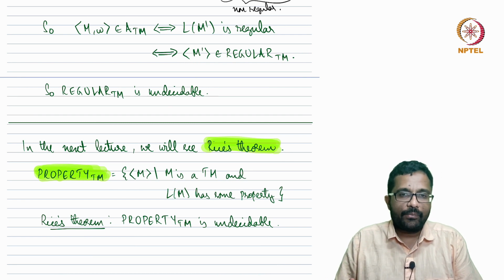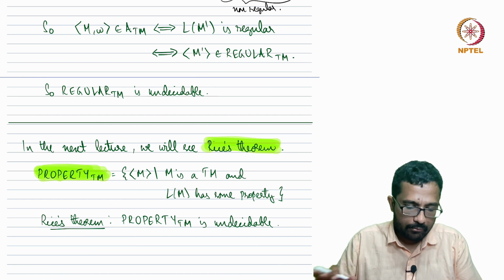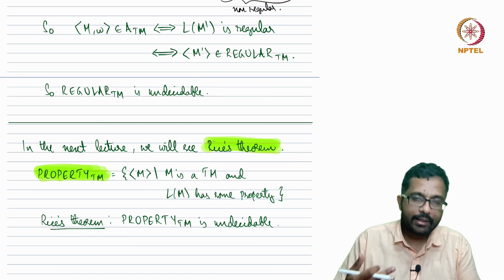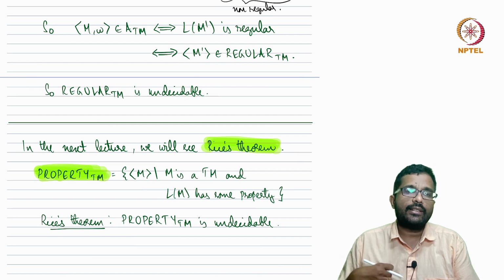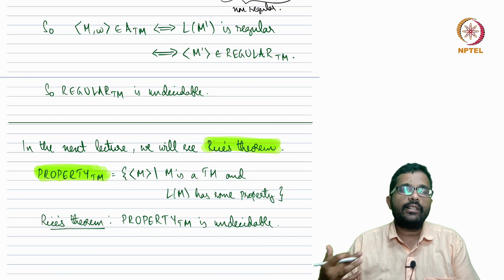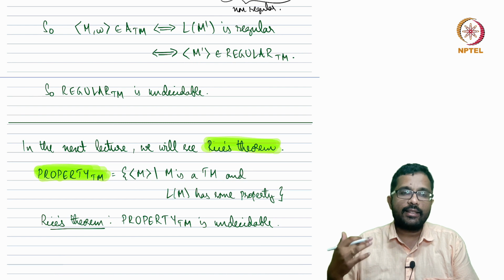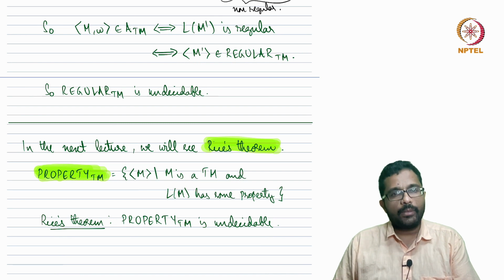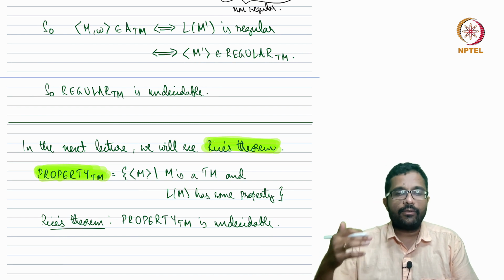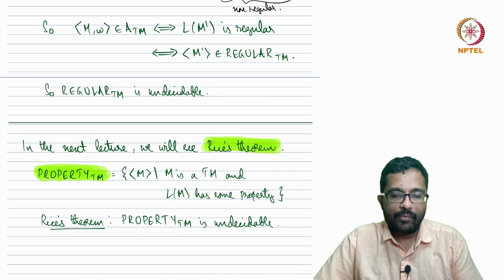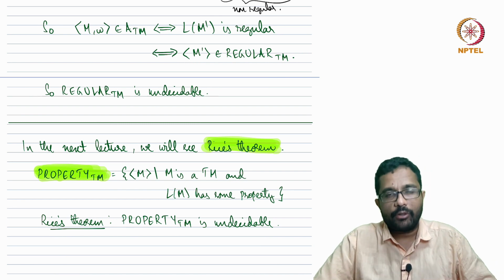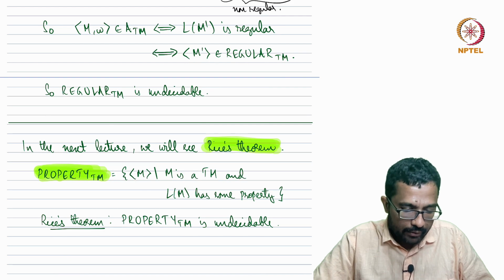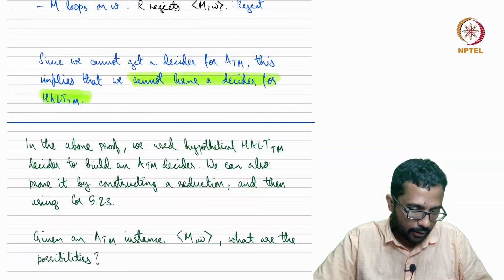Rice's theorem states that whatever be the property, if the property is interesting or not trivial, this question is undecidable. So we already saw that regular TM is undecidable. We already saw that ETM is undecidable. Regular TM is asking, does the given Turing machine recognize a regular language? ETM is asking, does the given Turing machine recognize the empty language? So whatever may be the property that we are looking for, testing whether this Turing machine recognizes a language with this property, for any specific property, the answer is undecidable. It's not decidable. That we will see in the next lecture,